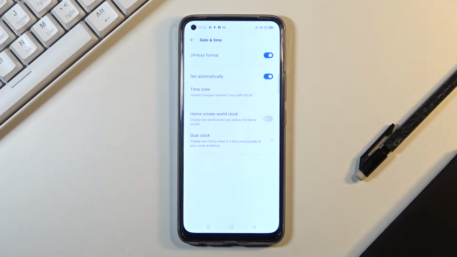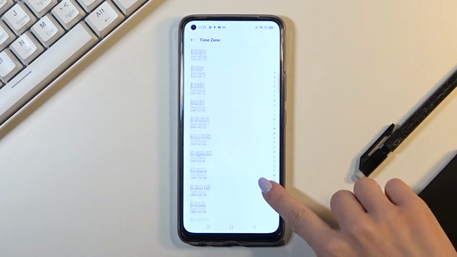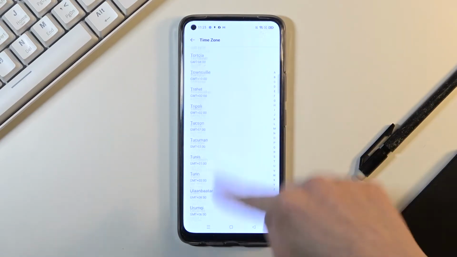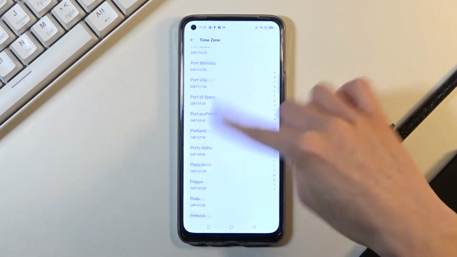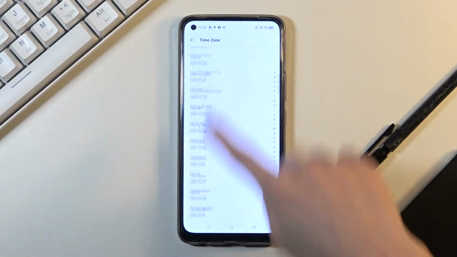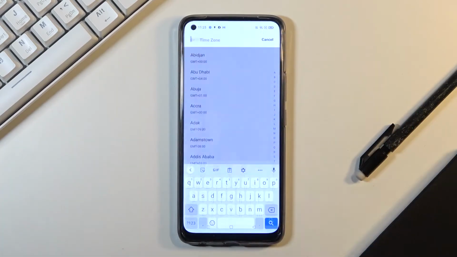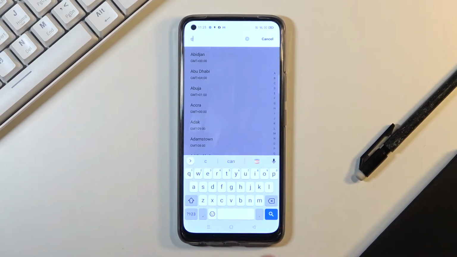And here you can either have an automatic date and time, or you can turn it off by unmarking the switcher, and now you can pick a time zone at first. So here we've got the whole list of time zones. You can also enter same time zone at the top of the list, so just give me a second to scroll it up again. And here you can enter some particular time zone if you want to,